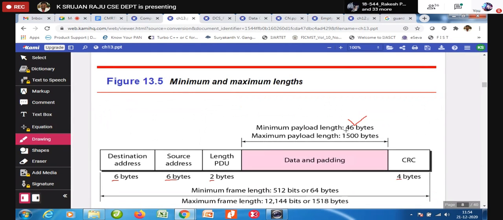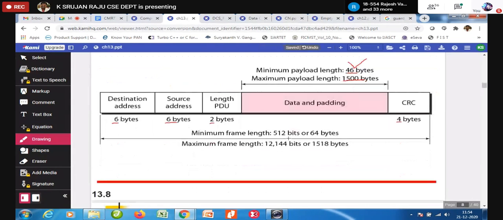Now, how much minimum payload should you have? 46 bytes. Maximum how much? 1500. Now, you need to understand that minimum frame length should be 512 bits. And maximum frame length is this. Now, the point is the data minimum is 46, maximum is 1500.